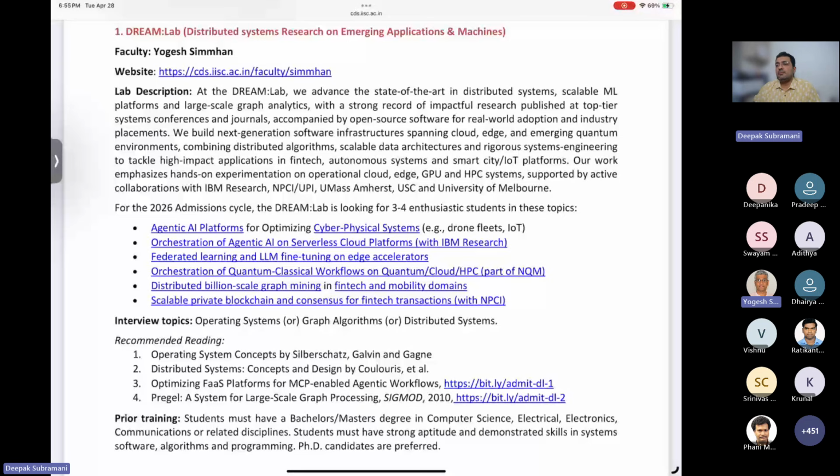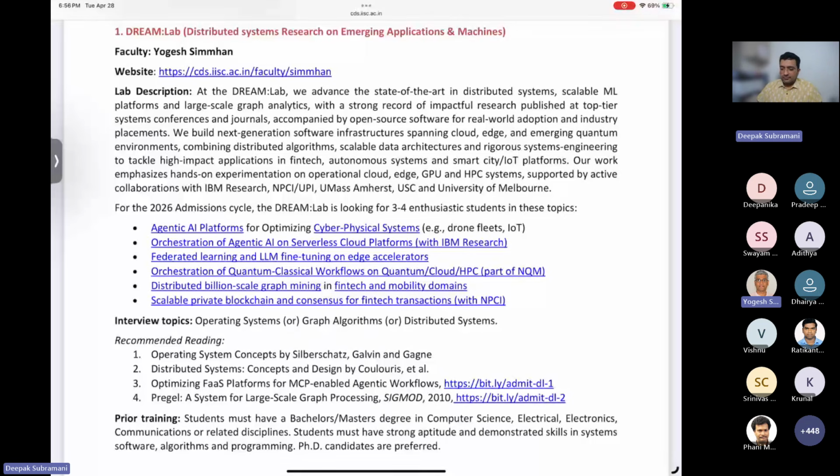We also have a rich set of work going on around federated learning. How do you do distributed and federated learning on top of edge accelerators, everything from smartphones to different data centers? We also have work going on around quantum plus cloud. Quantum, it turns out, is just another form of accelerator. So even if you've done nothing around quantum physics, you can still pick that up if you look at it more from the classical side of things.